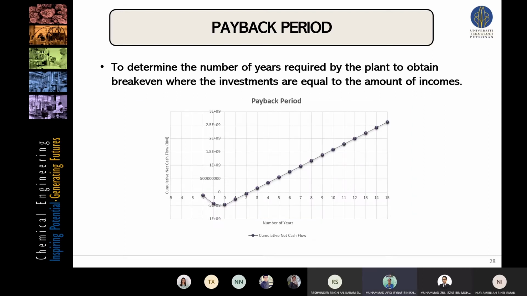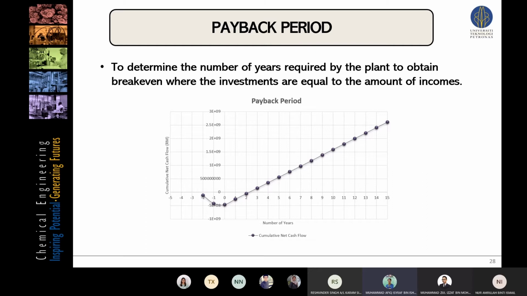Alright, the payback period is used to evaluate the number of years required by the plant to obtain the break-even, which means the investment that we have made is equal to the amount of incomes from the sales. As we can see in the graph here, the second year is on the line, which is the break-even year,